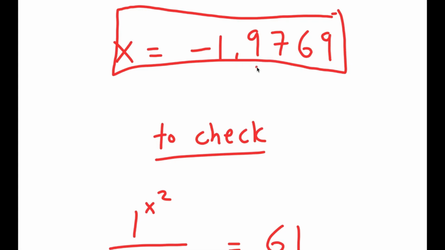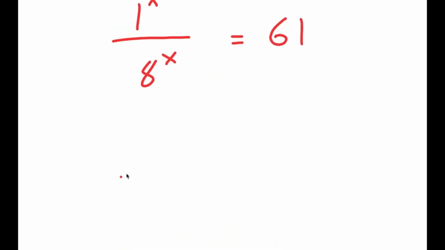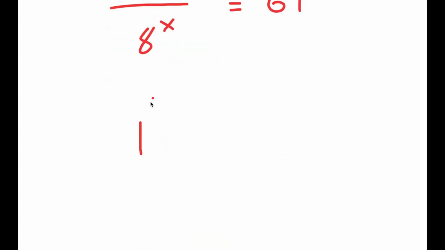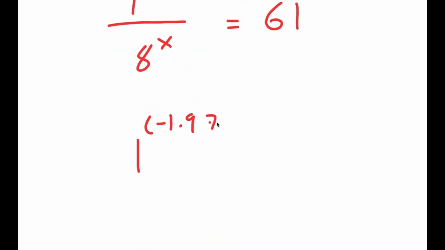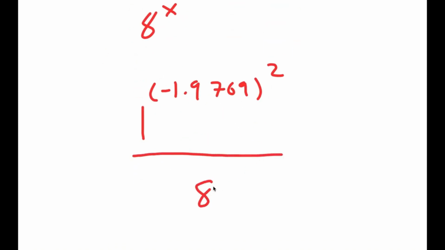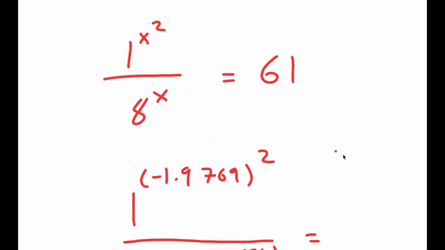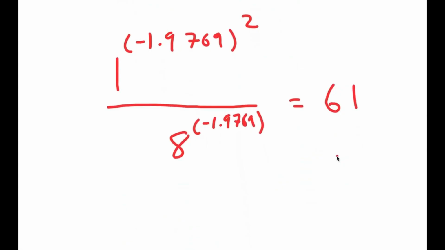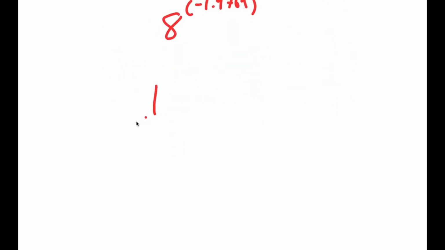So I'm going to actually go ahead and plug the solution in here. So I get 1 to the power of negative 1.9769 to the power of 2 over 8 to the power of negative 1.9769 is equal to 61. Now remember, like I said, 1 to the power of anything is itself. So now I just get 1 over 8 to the power of negative 1.9769 is equal to 61,